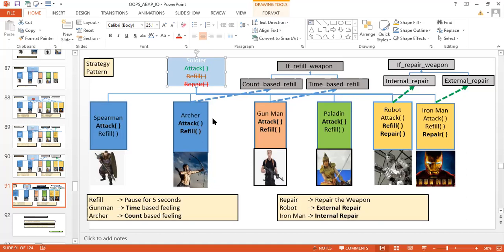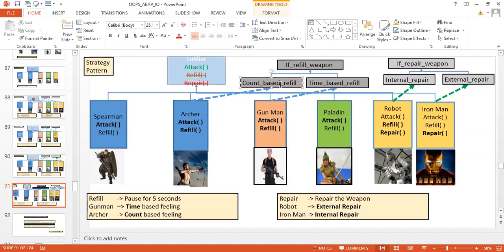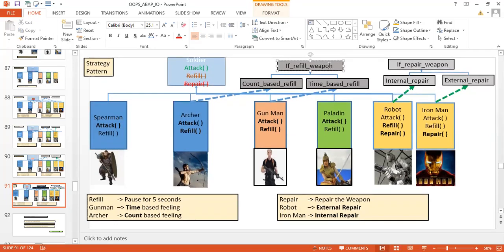We separated the functionality of refill over here in this class, if refill underscore weapon.